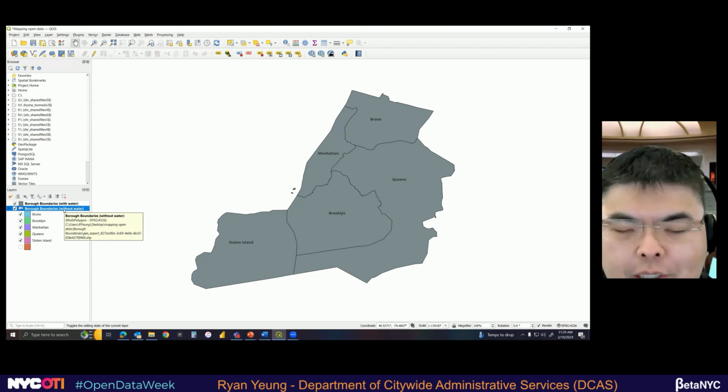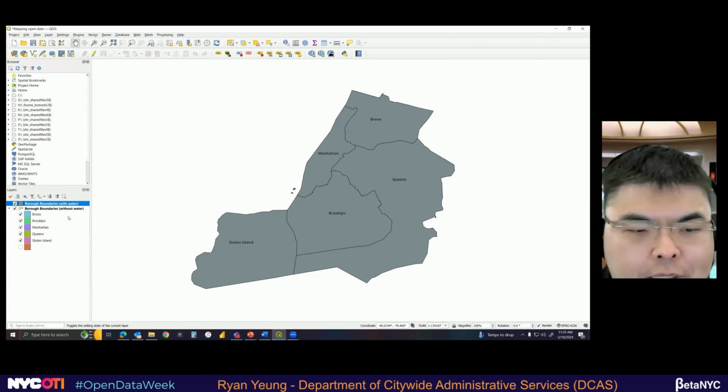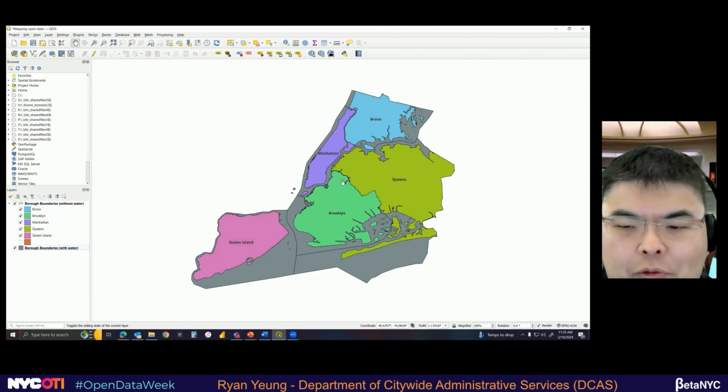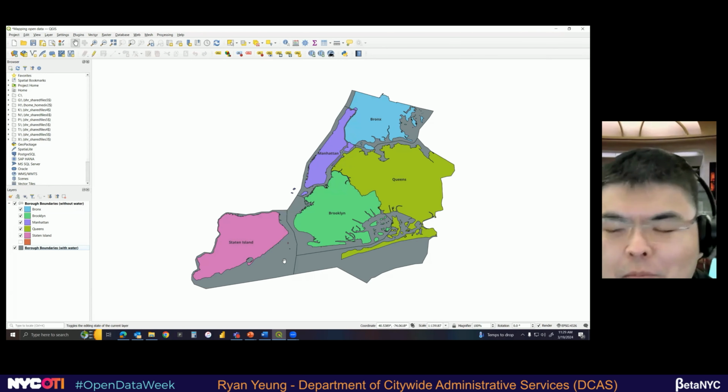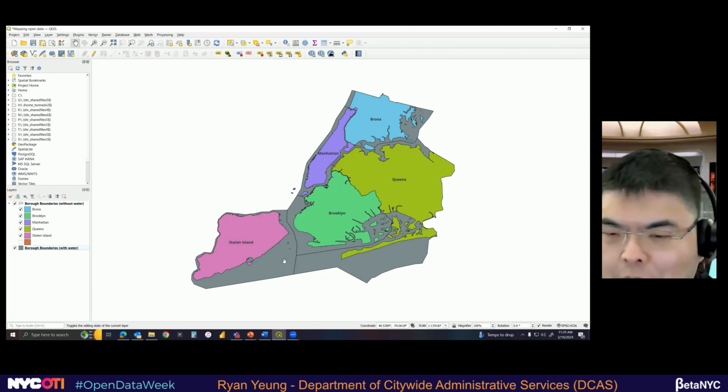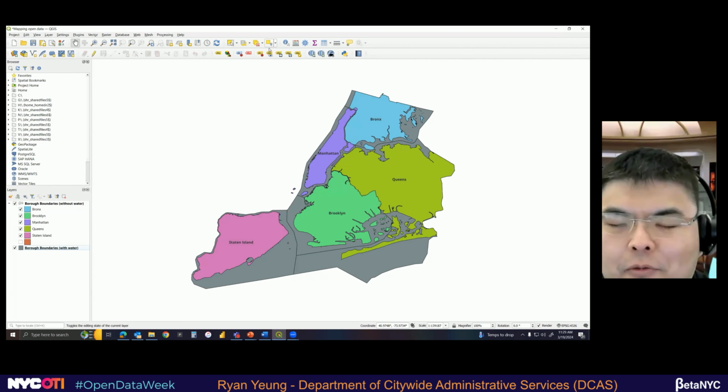And we're going to move the old layer on top now. We're going to overlay it over the one with water. You can do that by selecting it and dragging it to the top. And we have brought back our beautiful map with the different colors of each borough, which is fun. One problem though, oh, by the way, can anyone tell me what this additional gray part here is? That's right. Yeah, it's the water.